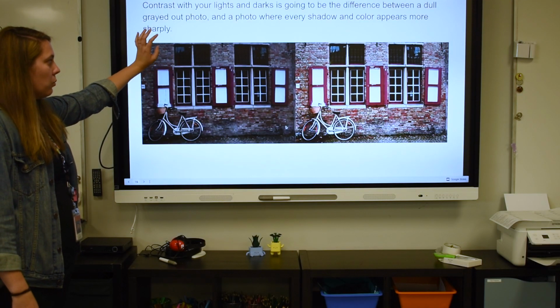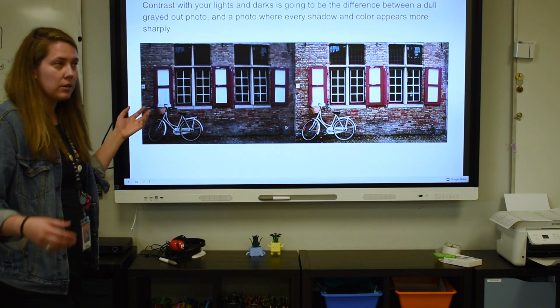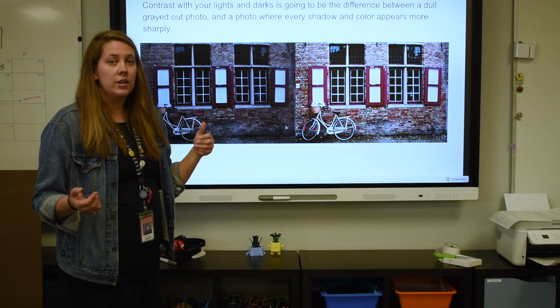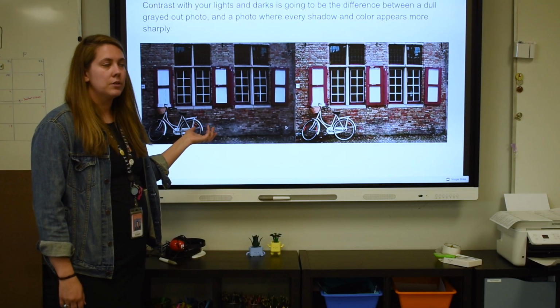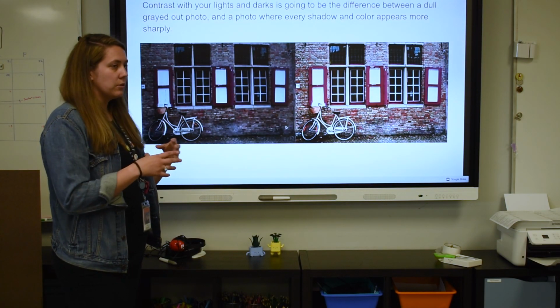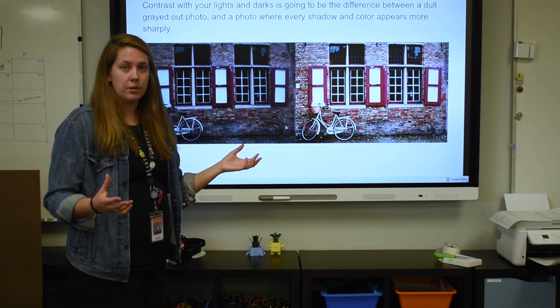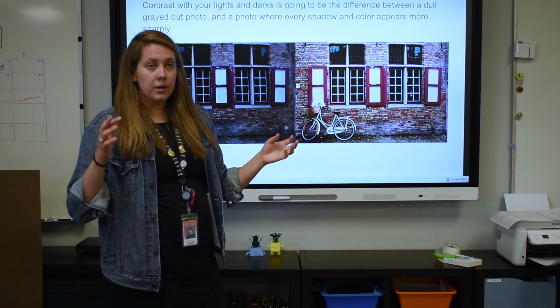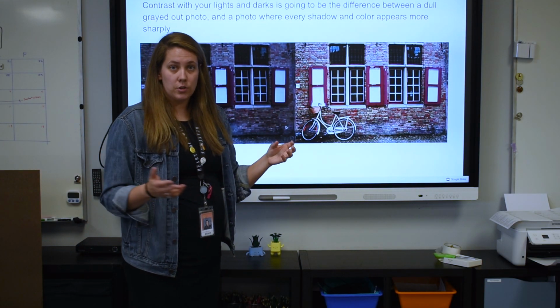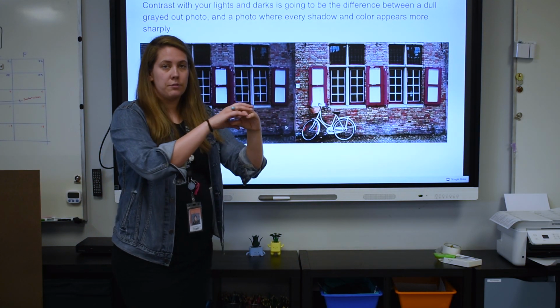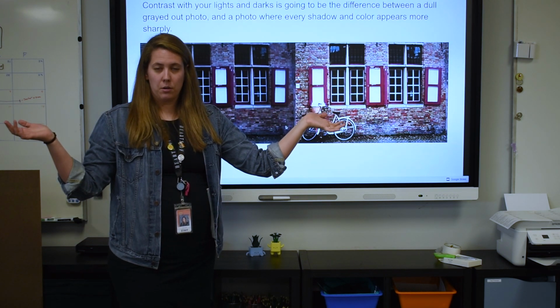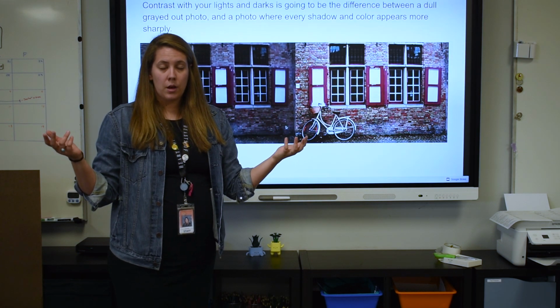So, when a photo doesn't have enough lighting contrast, it looks dull and washed out. You want to make sure that your photo has a nice range of values. Values meaning levels of light and dark, okay? So, if you were to imagine a scale, like a number line, but with amounts of